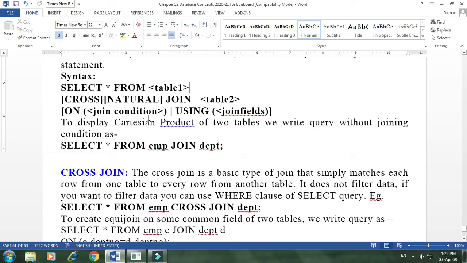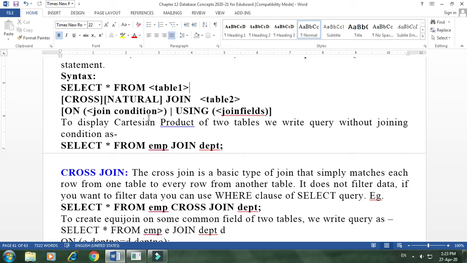Cross join means simply a Cartesian product. Natural join means Cartesian product without the two identical columns. Only one column appears in that case. One column is removed, that is the natural join.